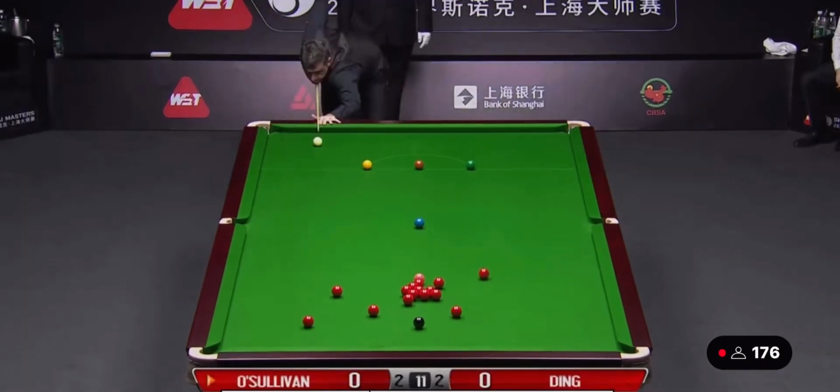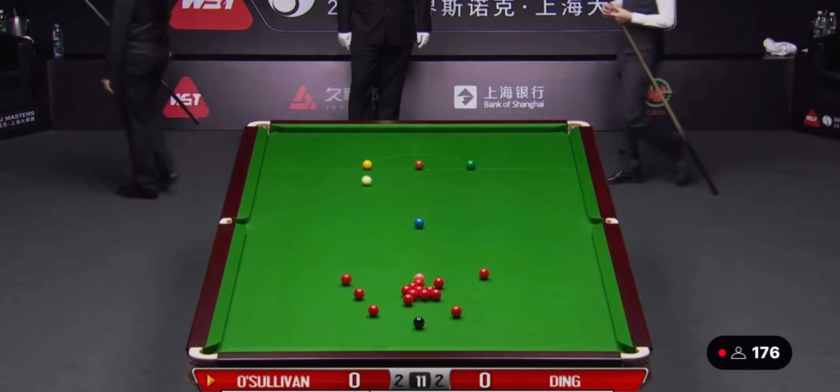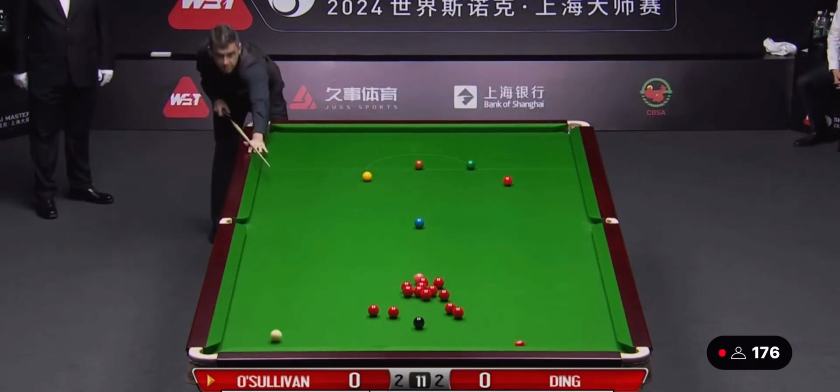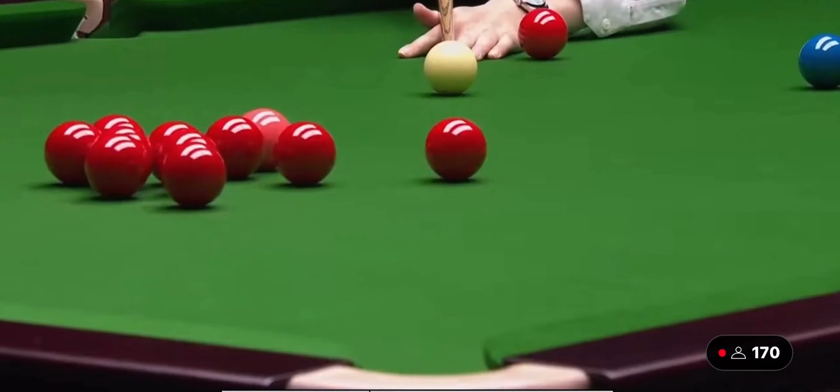So Ding just... Oh. Well, you can see he had a lot of left-hand side on the cue ball to swing it round the angle. And Sullivan went out of his way to console him. And I think they've probably shared a special...